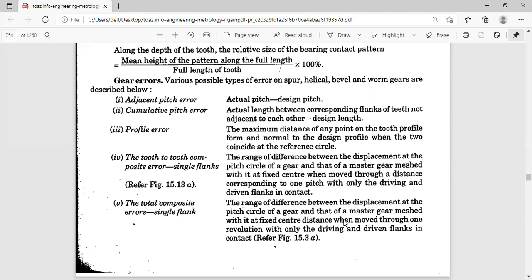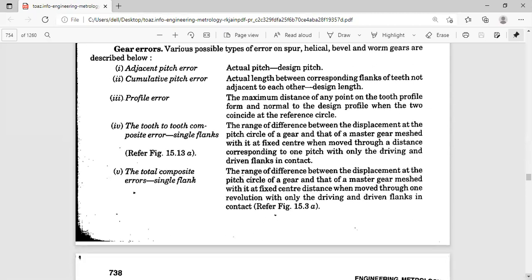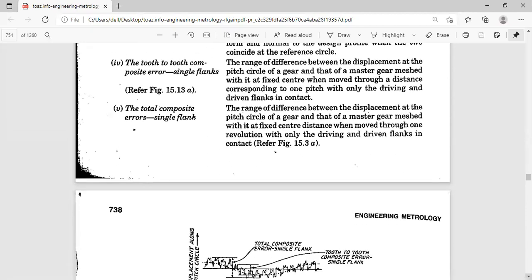Move through one revolution, and see that the flank of the pinion gear and the flank of the gear, DP, DG, what I am telling, they will be in contact. They should be in contact. If they're not in contact, that's not a correct measurement. So you have to take that.